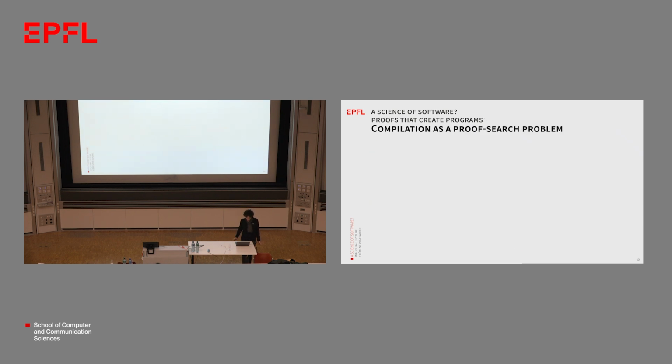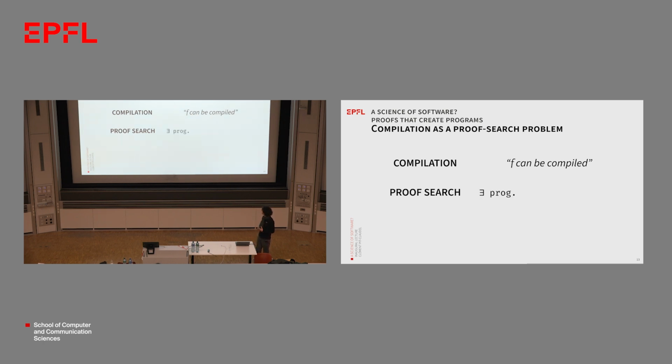And the way we're going to do that is we're going to treat compilation, which is the process of translating one program into another, as a proof search problem. So what we will do is we will say, well, compiling, we have a statement that we can make, which is function f can be compiled. That's what it means for our compiler to work. And in contrast, we'll rephrase this as a proof search problem by saying that a function can be compiled means that there exists a low-level program, say a C program, such that for any input and for any starting memory